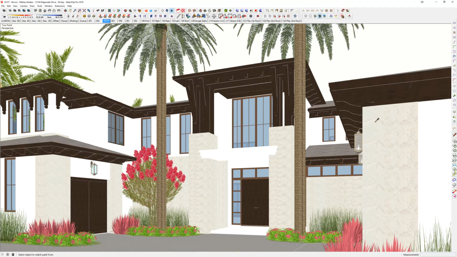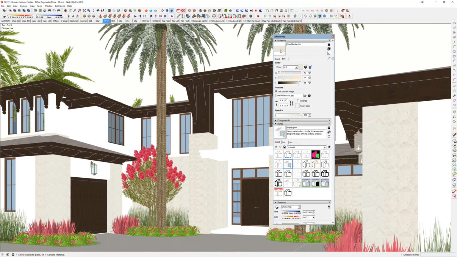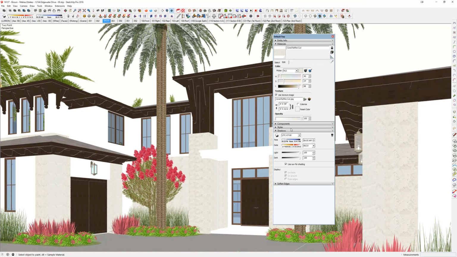So again, I'm going to hit B for my paint bucket, alternate for my eyedropper, and I'm going to select this material. So you can see that my coral is selected. And what I want to do is we're going to change this to a color that's extremely different from anything else in the model. And this can destroy a model, but if you're careful you can undo everything and get back to where you were. But you definitely want to make sure that your model is saved ahead of time,